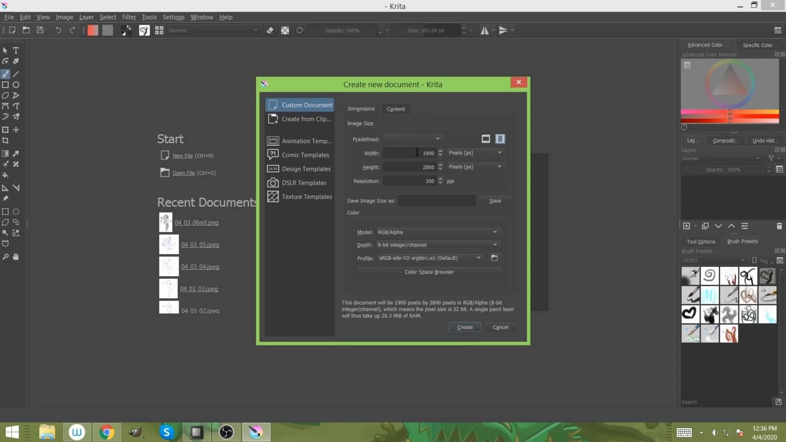I would say somewhere above 500, up to 2800 or something like that, so you don't get too huge, but not too small. So I'm going to hit create,